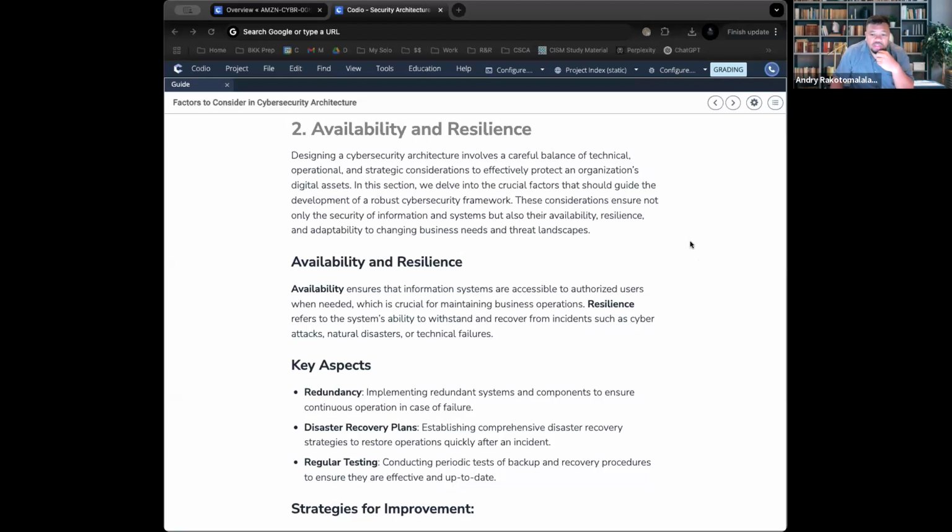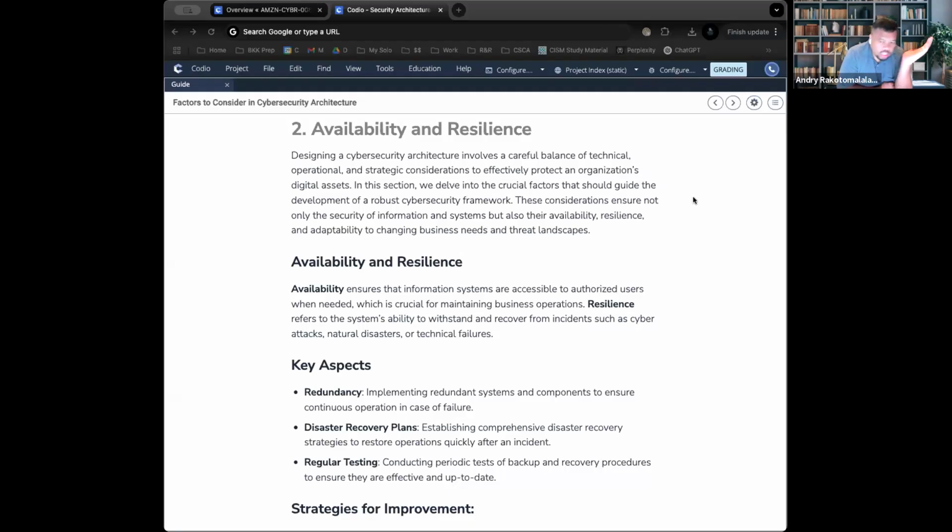Now, on top of availability, there is something that we call resilience. Resilience is a really important piece of what we call GRC. GRC stands for governance, risk, and compliance. You can become a GRC professional because a piece of that is in resilience. Resilience is the ability to continue operating as business as usual or quickly recover if there is an incident. That's all resilience is. It is a measure to say, hey, can we still operate? Is our team still able to function even if there is a security incident or anything like that?